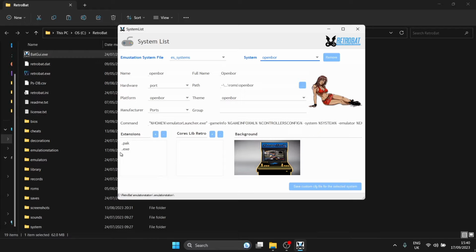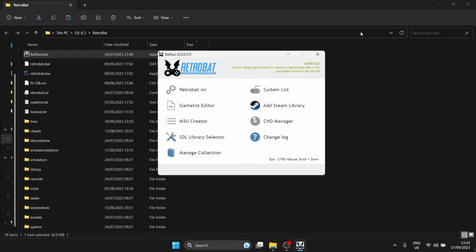And here we go. Under extensions for OpenBOR, we've got .pack and .exe, and this means that your games need to end with a .pack or .exe. Personally, I get more success using .pack extensions. There are no libretro RetroArch cores here to be used. We need to download an emulator within Retrobat. So if we close out of here,